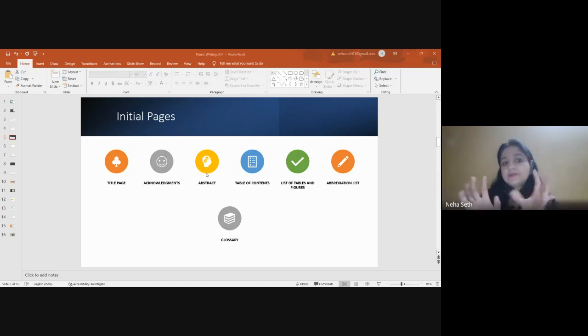Okay, moving ahead, the next thing that we need to include is the abstract. So basically, abstract is like a trailer to the complete movie. It is like a summary that reflects what our thesis is all about, what our work is all about. Since it is defining the thesis, it cannot be summarized like the abstract of a research paper, maybe in 100 or 200 words. You may use maybe 1 page, 1.5 pages, or maximum 2 pages to define what your work is all about.